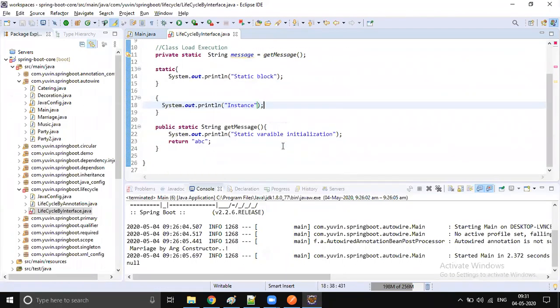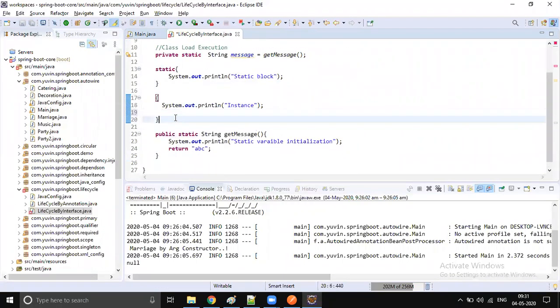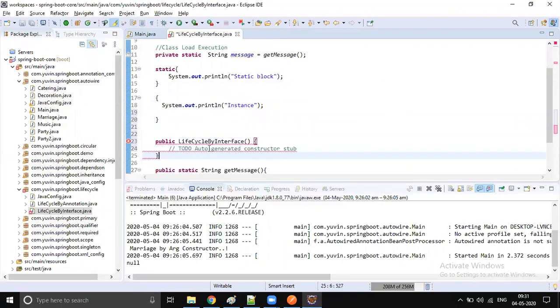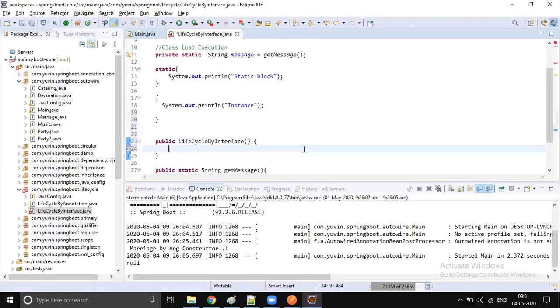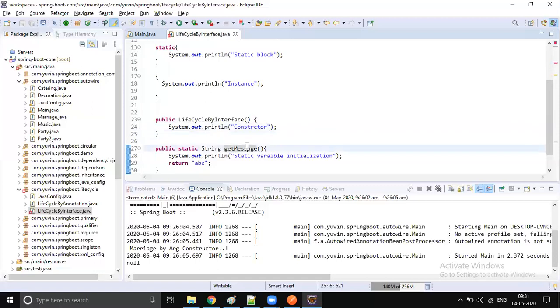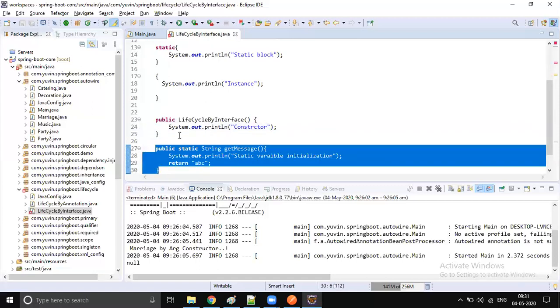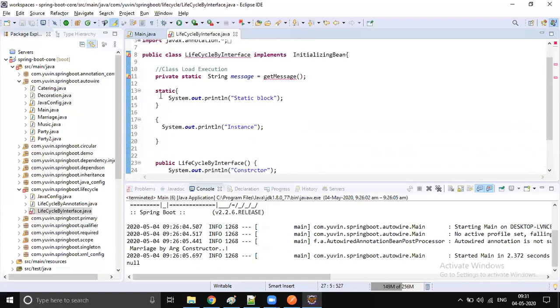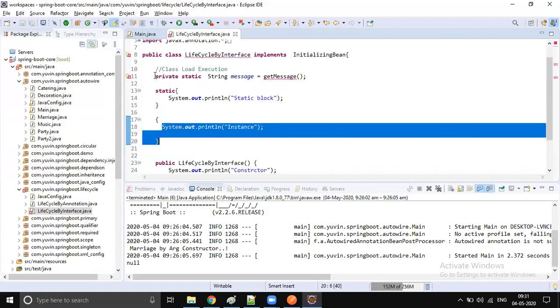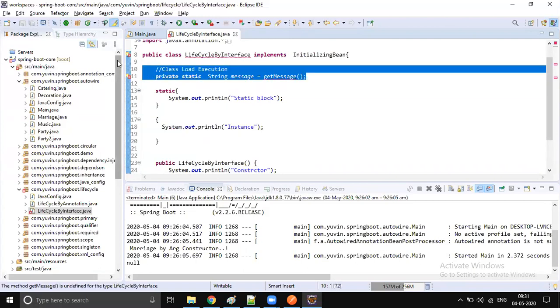We have constructor, and some static method also. Methods not required, let's not make it more confusing. So now we have instance block, instance variable, static block, all those things we have.